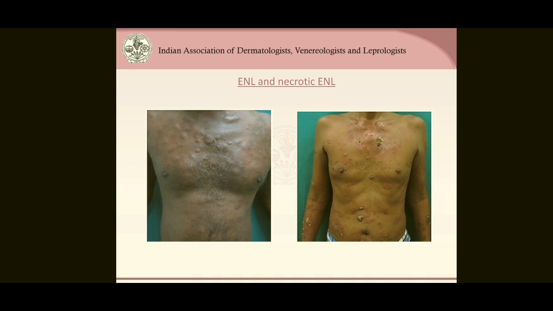These are the pictures showing erythema nodosum leprosum. In the first picture you can see multiple erythematous nodules distributed on the body. The second picture is showing the same nodules with ulcerations. So if it gets ulcerated, then it is called necrotic ENL or